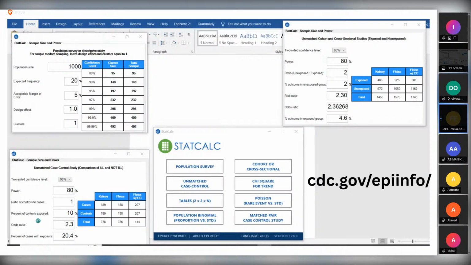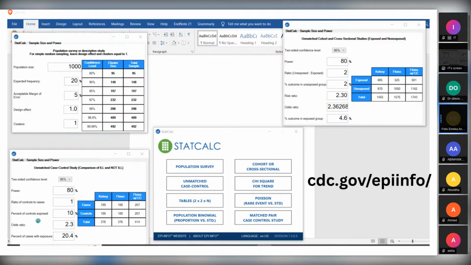The principles are the same, all right? But when it comes to population study, you're dealing with the frequency, that's the prevalence. But when you're dealing with the case control, then they will be talking about power. And the same way your recommended confidence interval is 95%, your recommended tolerable error is 5%. These things are like default.